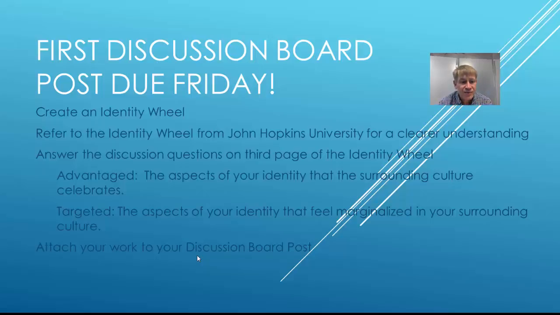Within those questions, we get into the concepts of people being advantaged. What parts of your personality are you advantaged or privileged in having, and what parts of your identity or aspects do you feel are targeted? What those words mean basically is: what aspects of your identity are advantaged? Think of those places where you have rights or access to resources or lifestyles that you take for granted that other people don't.